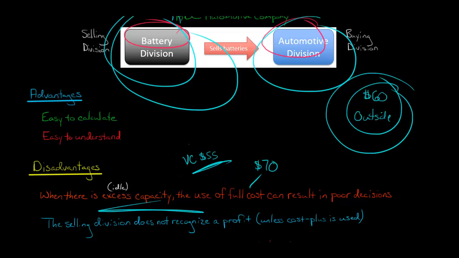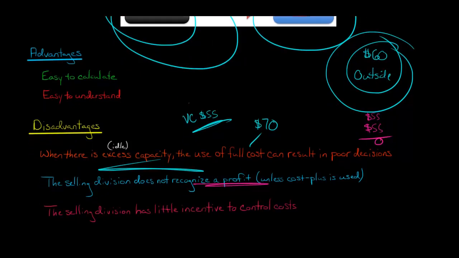then the battery division isn't going to recognize any kind of profit. There's going to be no profit for the battery division unless there's some kind of cost plus where there's a markup of 10% or something. But if it's just straight up variable cost, then it costs the battery division $55 to produce the battery, and then they sell it for $55. So they have no profit. And because they have no profit, how do we evaluate the profitability of that division? That division has just become a cost center,